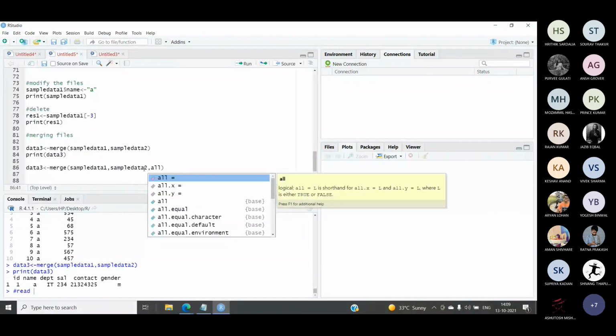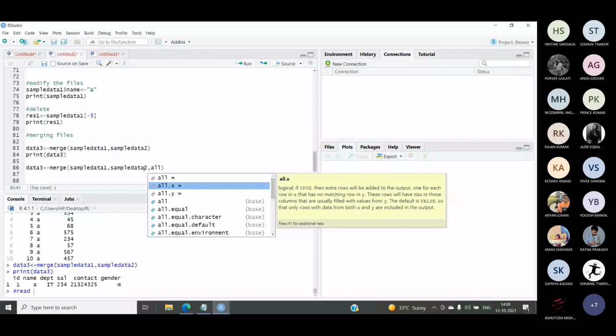Then you can see over here a hint coming: all equal to all.x equal to all.y. So what does it mean? It gives a logical: if true, then extra rows will be added to the output for each row in x that has no matching row.